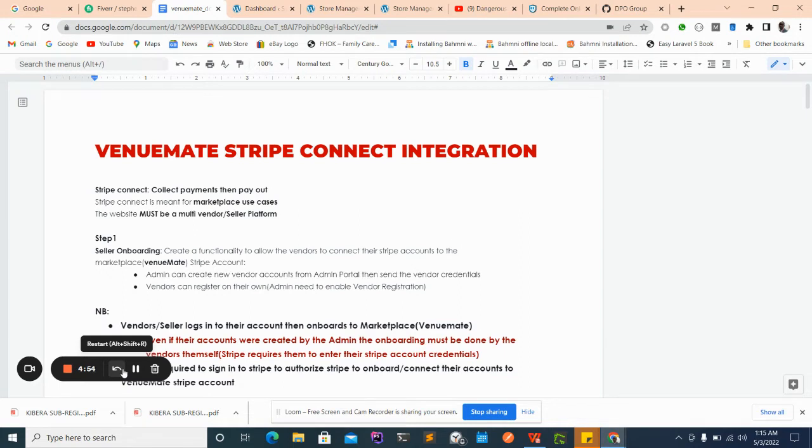Hi, this is the Venuemate Stripe Connect integration demo, and I'm going to take you through the configurations, both on the admin side and also on the vendor's side. But before that, I would just like to point out that Stripe Connect